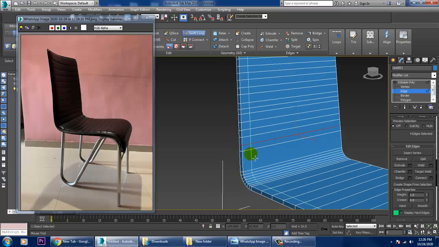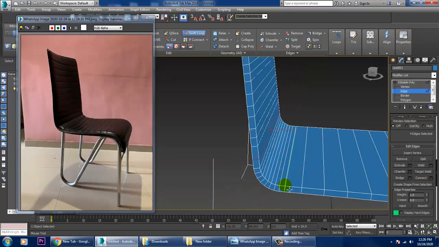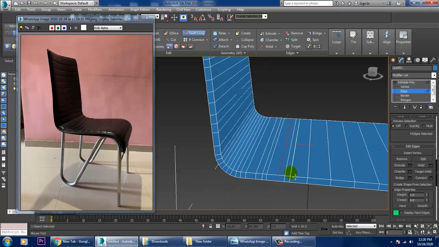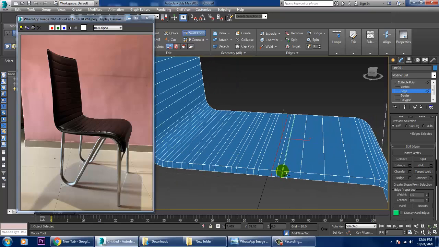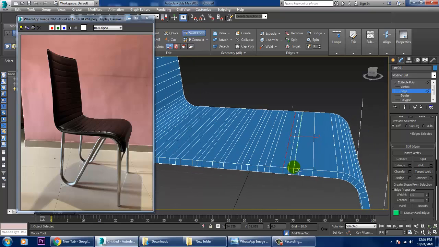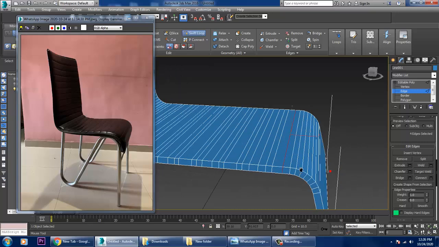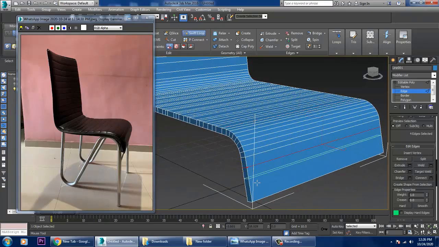Let's go on adding these loops over here. Alright, so we'll be definitely going with that way, not a problem.